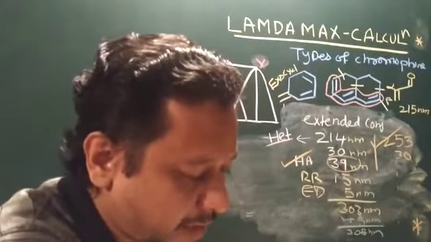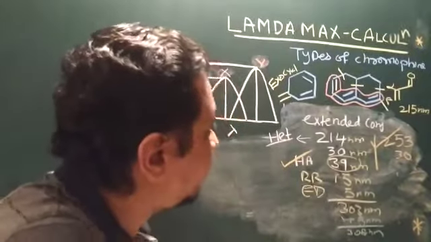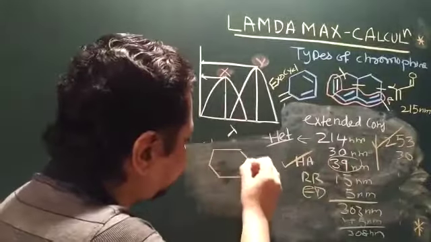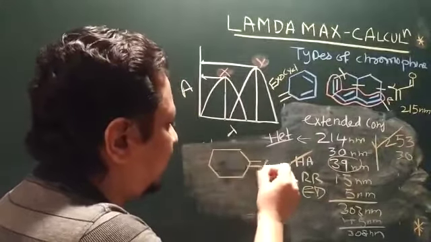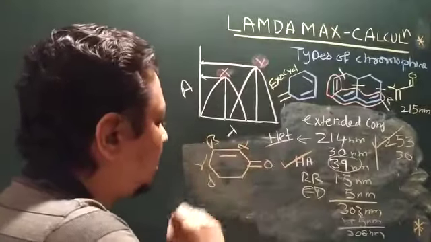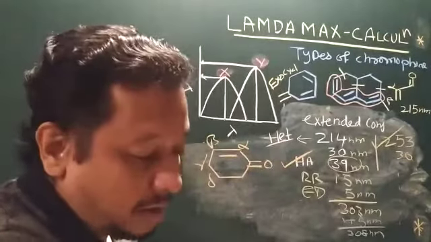Now after that, if you are going for a substitution of alpha beta unsaturated ketone, suppose you have this structure, okay, alpha beta unsaturated ketone. In this case, we will be only talking about the